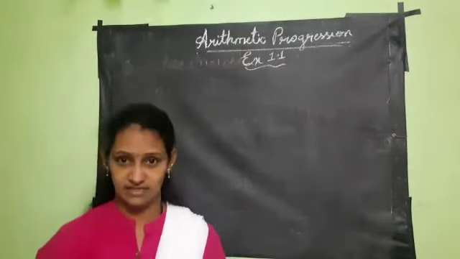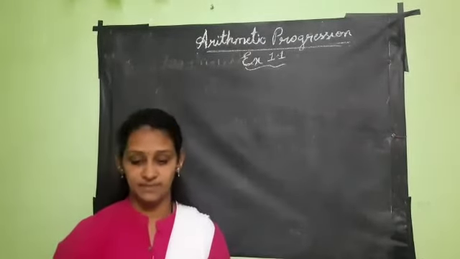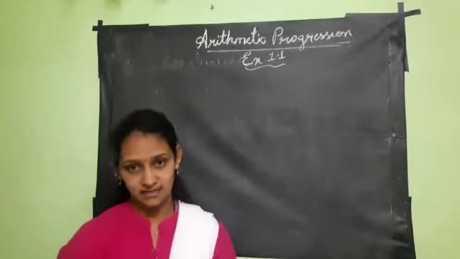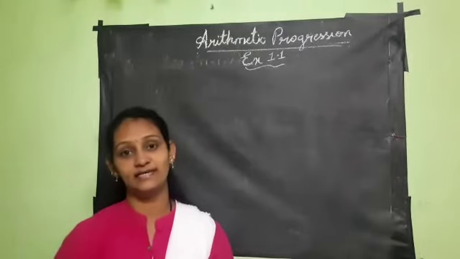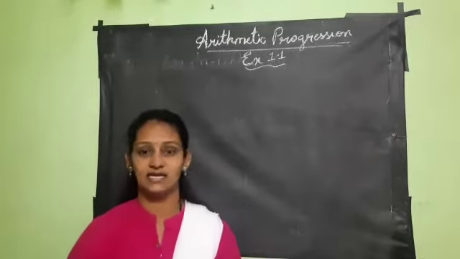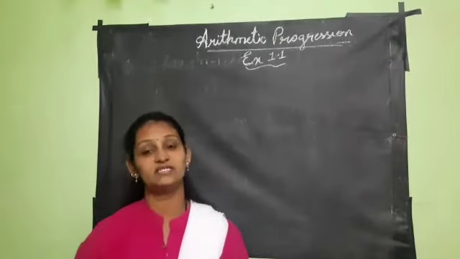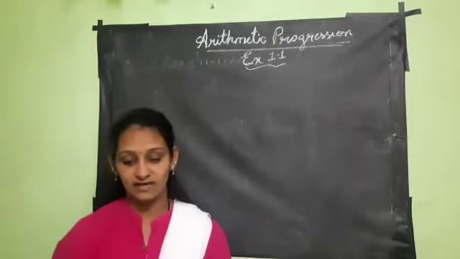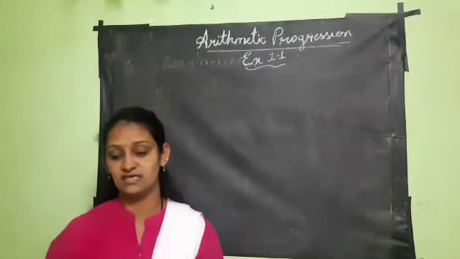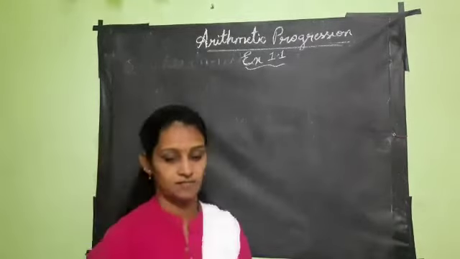The very first question given in this is, in which of the following situations does the list of numbers involved make an arithmetic progression and why? So you have to understand the statement and try to write down the series. As you write down, if they are in arithmetic progression, then yes, they are in arithmetic progression. If not, they are not in the arithmetic progression. So the first question here is, the taxi fare after each kilometer, when the fare is rupees 15 for the first kilometer and rupees 8 for each additional kilometer.